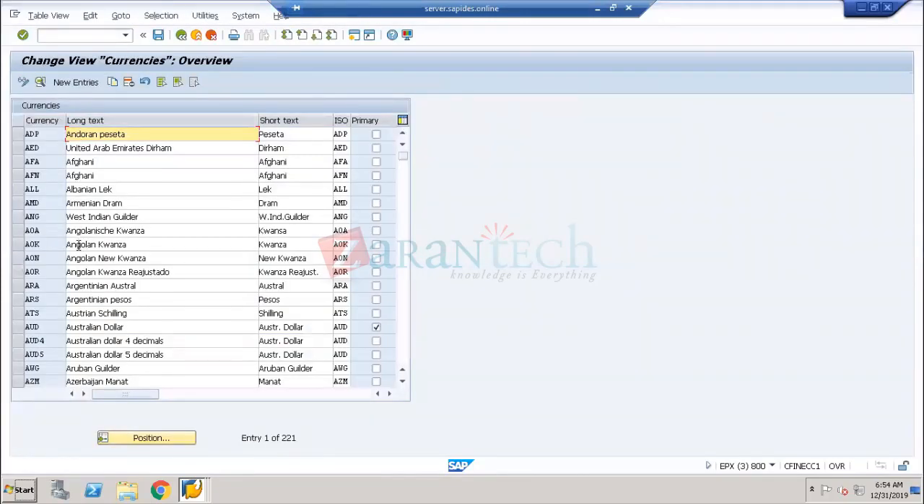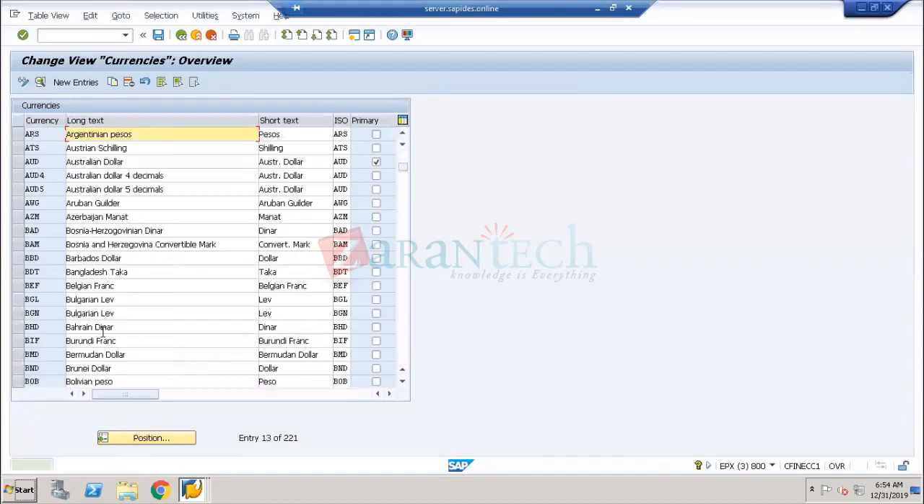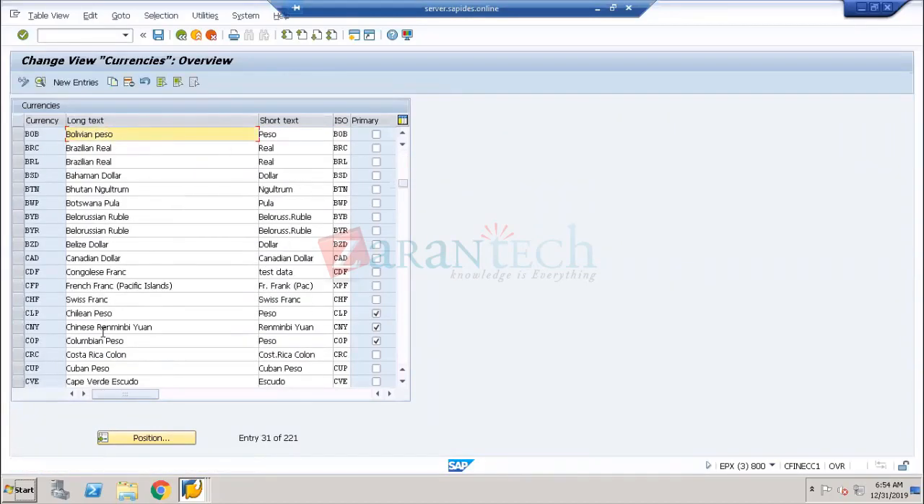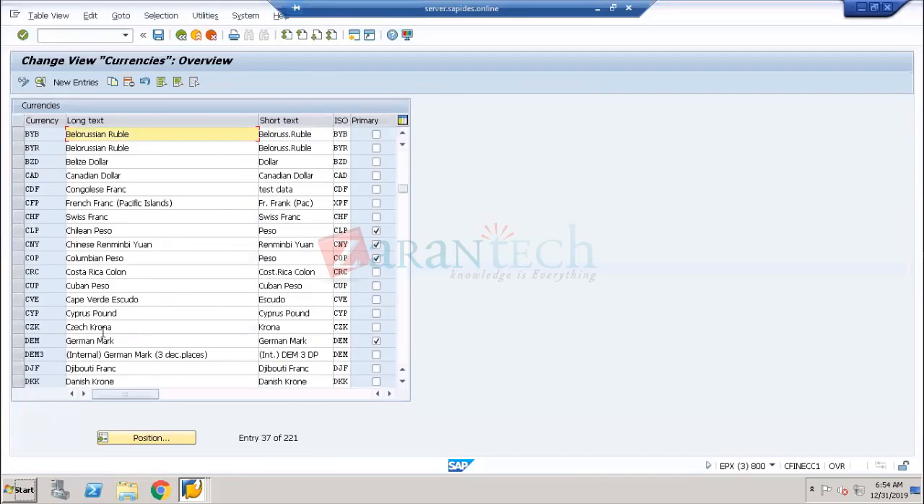Now here, these are all going to be called currency codes. Okay, these are all going to be called the currency codes. Now, for example,